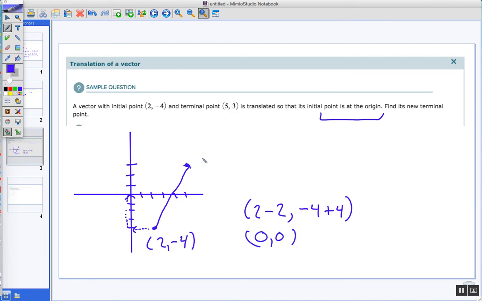So the question is, what does that do to this point, (5, 3)? Well, it's going to move in the same direction, because we're translating. So we're going to move 2 units left, so subtract 2, and we are going to move 4 units up. So this new coordinate becomes (3, 7). So we've moved it 2 left and 4